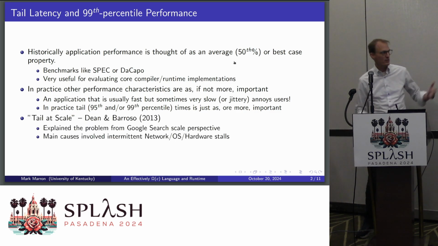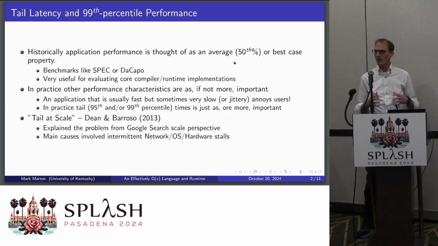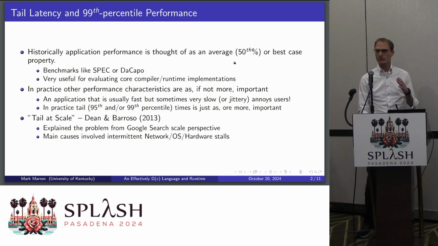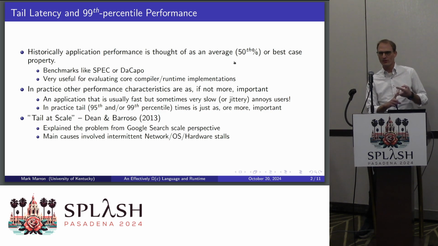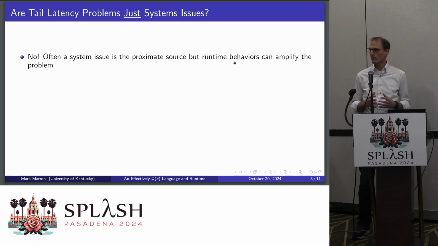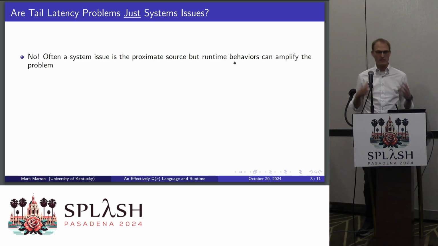And so companies really spend a lot of time on this. I really like "The Tail at Scale" by Jeff Dean from Google, which sort of kicked this idea into the mainstream: we have these processes and these tail latencies cost us real money and we really care about them. Now, I didn't like it because it was from a Google perspective about network latency and load balancing, and so it made it seem like a real systems issue. And my question is, no, it's not just a systems problem, right? This is not just something that people are going to talk about at ASPLOS or whatever. This is a software problem.